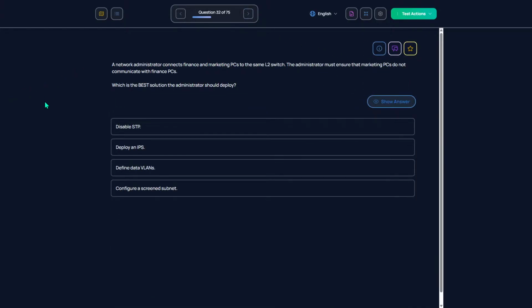A network admin connects finance and marketing PCs to the same L2 switch. The administrator must ensure that marketing PCs do not communicate with finance PCs. What's the best solution the admin should deploy? I think that's a screened subnet.